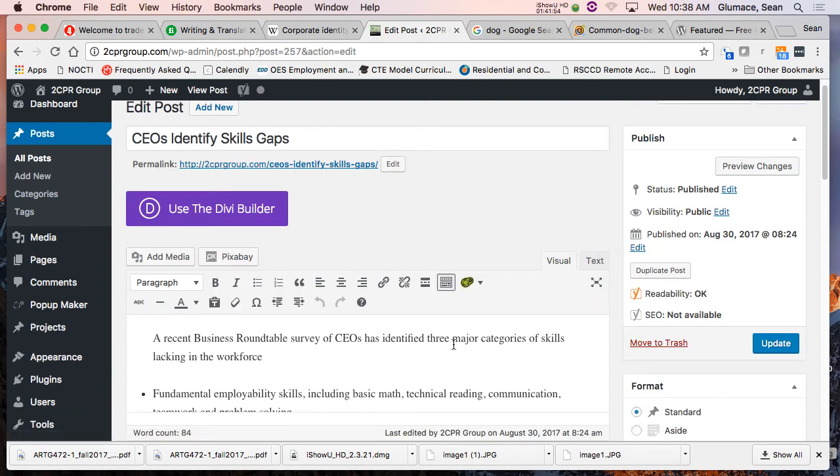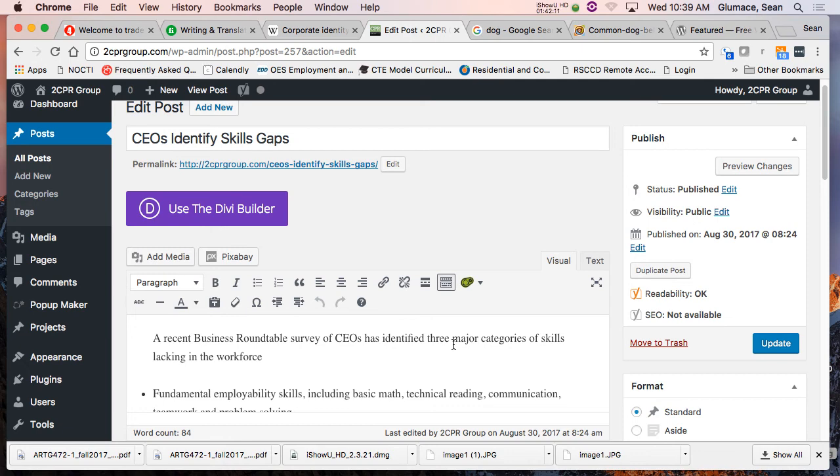This is where you'll work. This is the back end of WordPress. So we got to go through all of this funness still. But this is where you're going to spend a lot of time. This is where most people spend all their time, is creating content, editing content, putting it together.